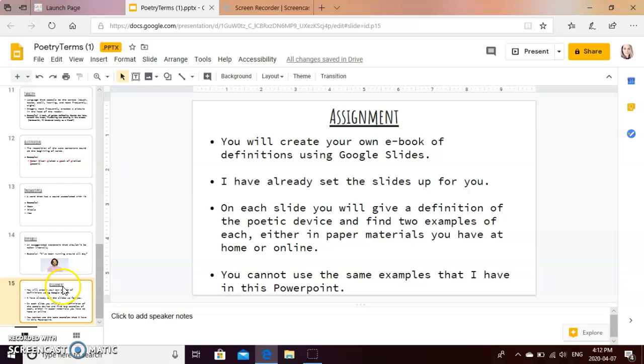So now that we've reviewed your poetic terms, you're going to create your own ebook of these definitions using Google Slides. Now, I've already set these slides up for you, so you don't have to create it from scratch. Everybody should have received a copy in the classroom. On each slide, you're going to give a definition of the